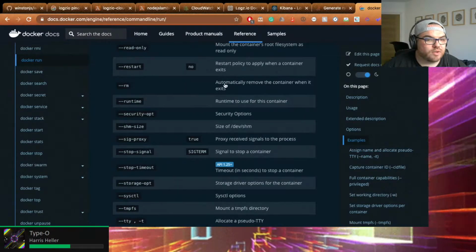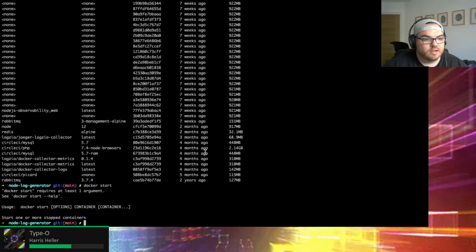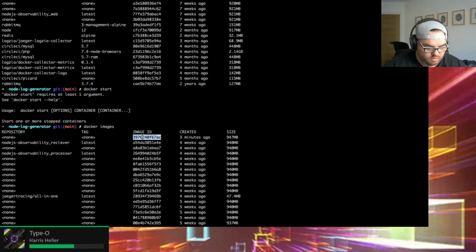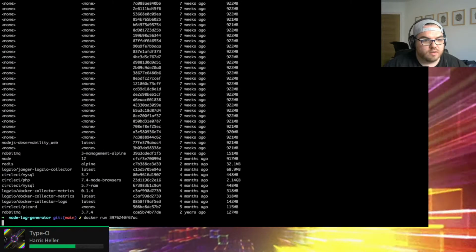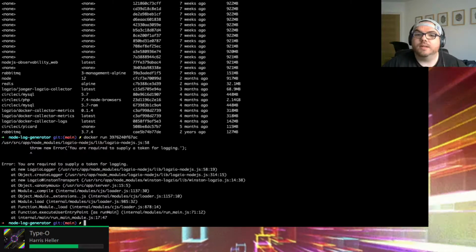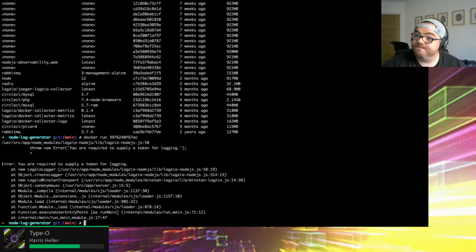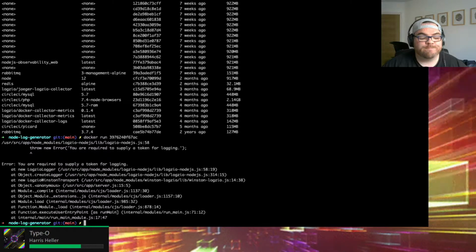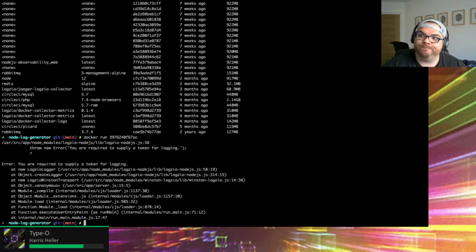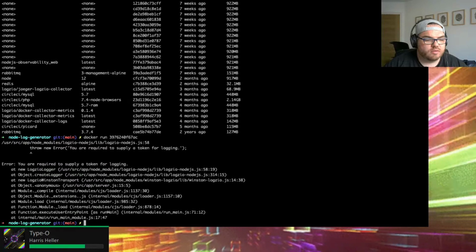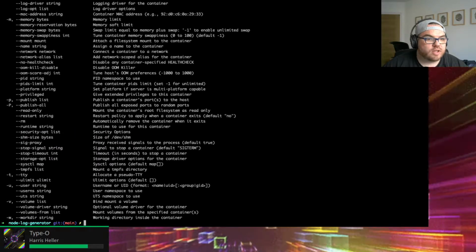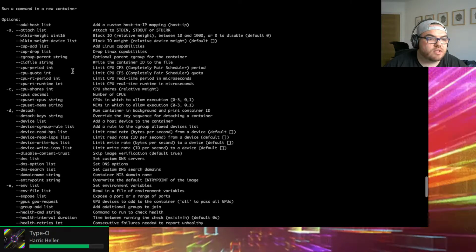Right, okay, cool. So back to CLI. Docker images, cool. It's the one I formed a few moments ago. So Docker run. You must... it needs permissions. Why didn't I think of that before? Right. Let's have a look at the man page for Docker run. Make sure I type in the envs correctly.